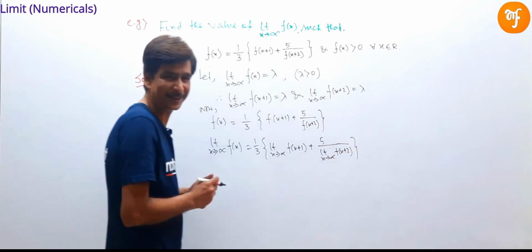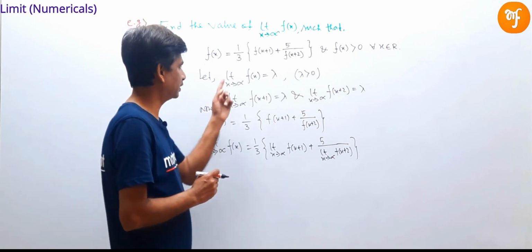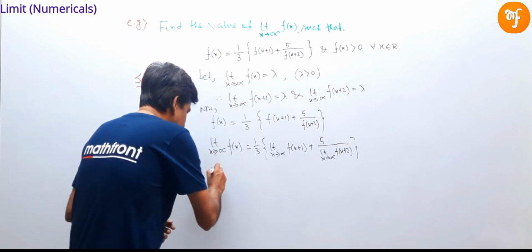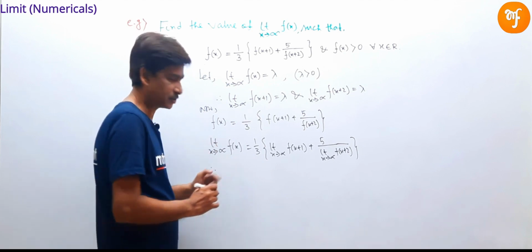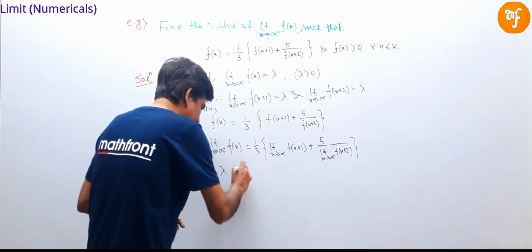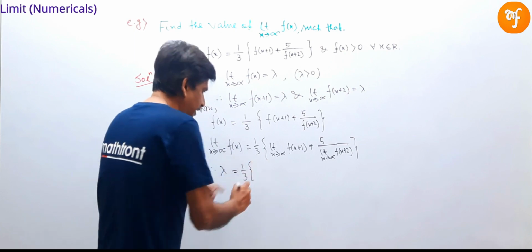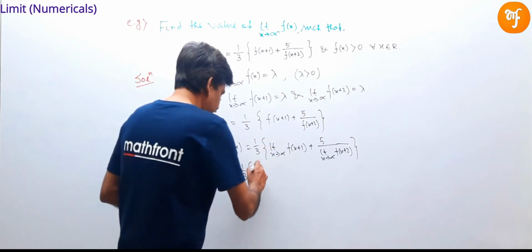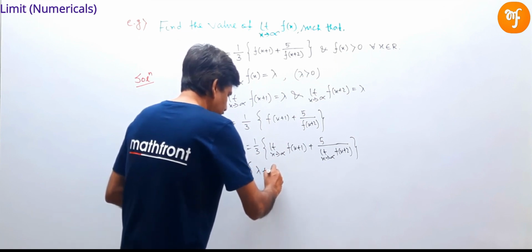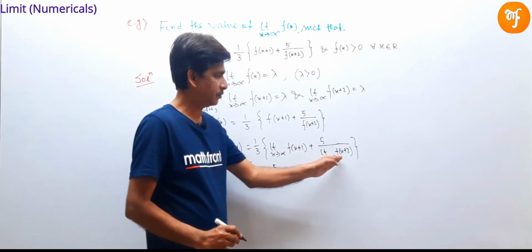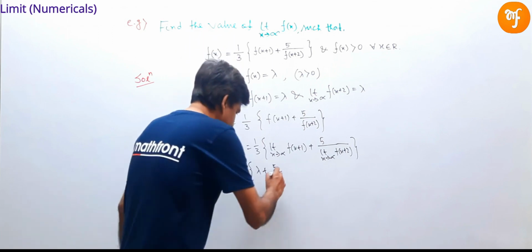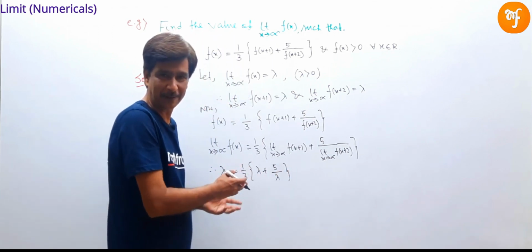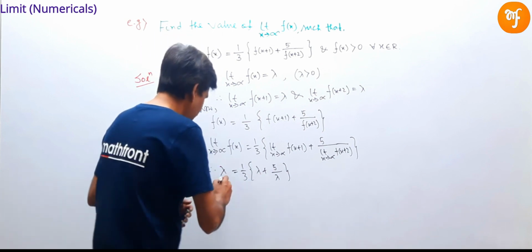Is it? Now already we assumed limit x tends to infinity f(x) is equal to lambda. So instead of limit x tends to infinity f(x), we are writing lambda, equal to 1 upon 3 limit x tends to infinity f(x+1), which is also lambda, plus 5 divided by limit x tends to infinity f(x+2), which is also lambda. Okay. So now easily we can find the value of lambda from this equation. So solving,